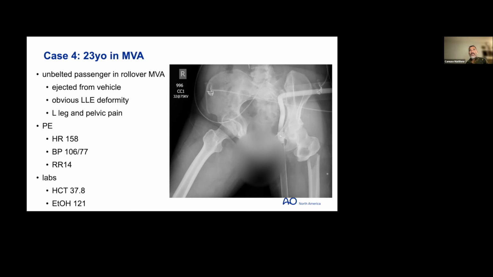Steve, any other labs that you want in this particular person? We talked about lactate. Is that something that you want to get right away? Are there any other laboratory values that you think are important here to determine what the next steps are, or what she can tolerate from an orthopedic standpoint once she gets to the operating room?